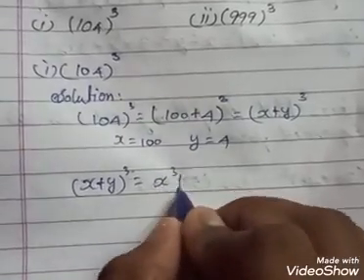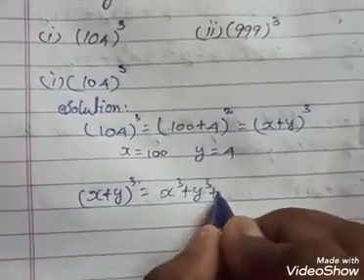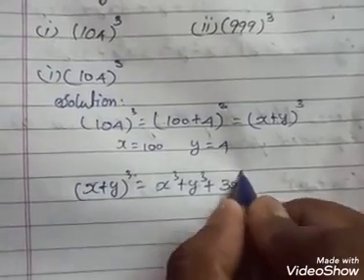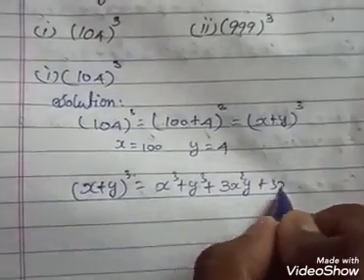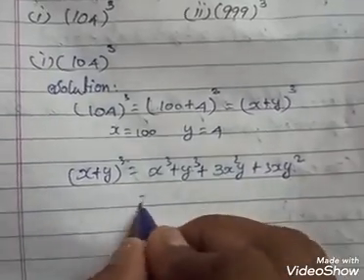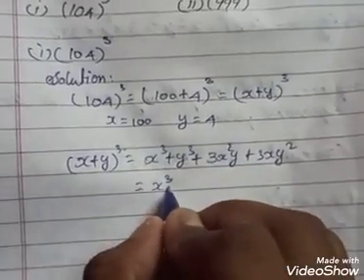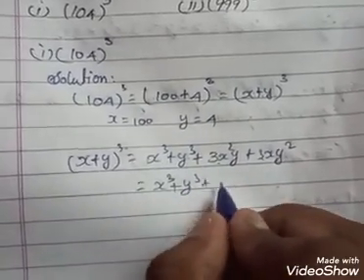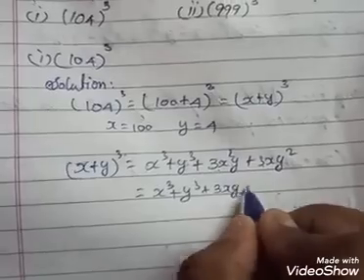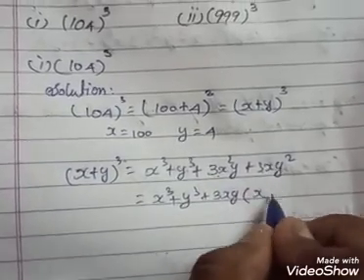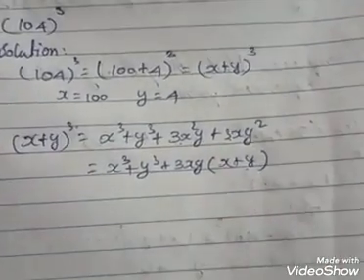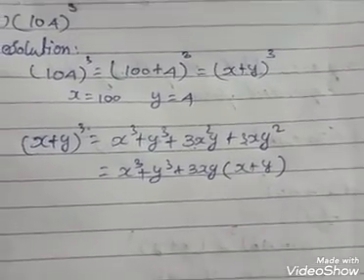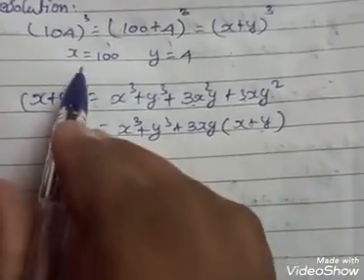So x cube plus y cube plus, here I am using the shortcut form. Before that, I expand it: 3x square y plus 3x y square. You have to use this. It's very easy to calculate x cube plus y cube. In these two terms, 3xy is common, so the remaining is x here and y there, giving x plus y. So it is very easy to calculate using the numbers. Now I have to substitute the values for x and y.